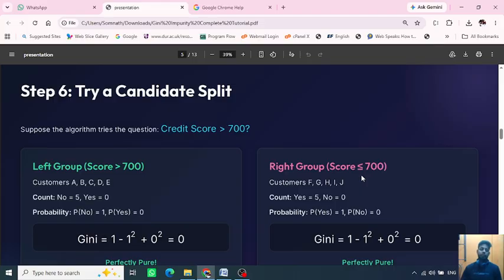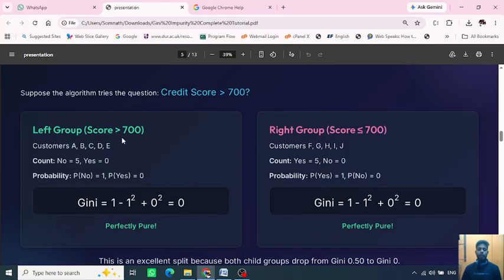Let me explain this. Suppose the algorithm tries to obtain a credit score greater than 700. Okay, so that means the left group. If I split based on this, the left group stores the